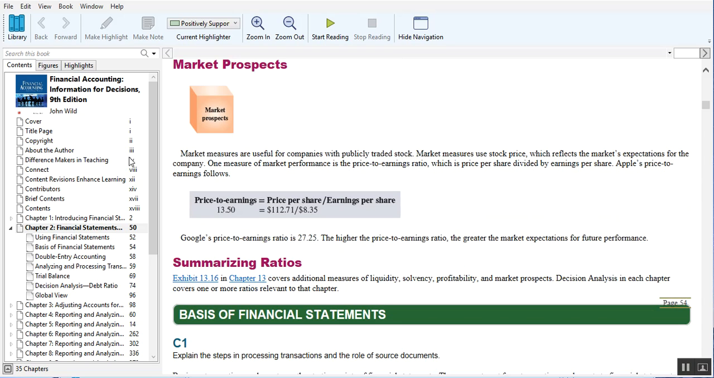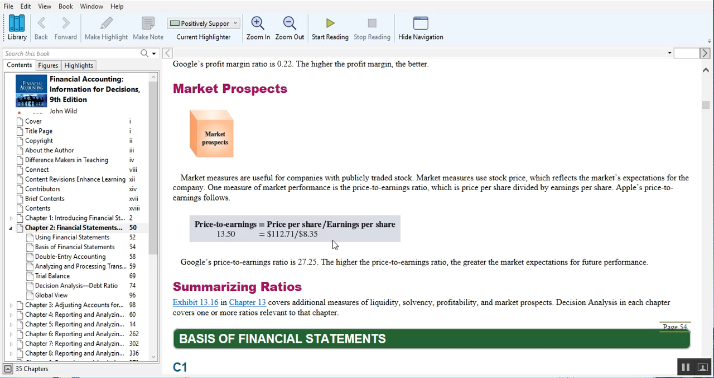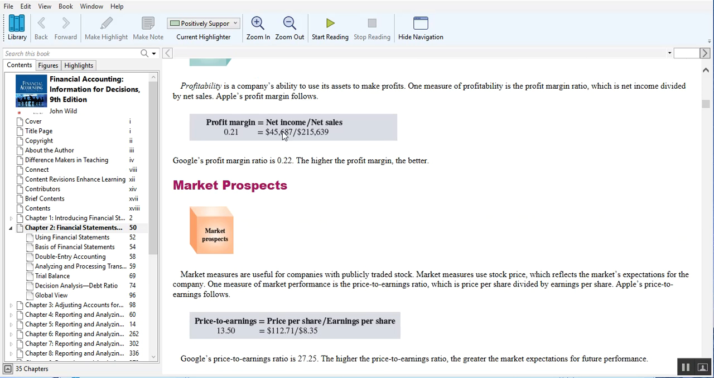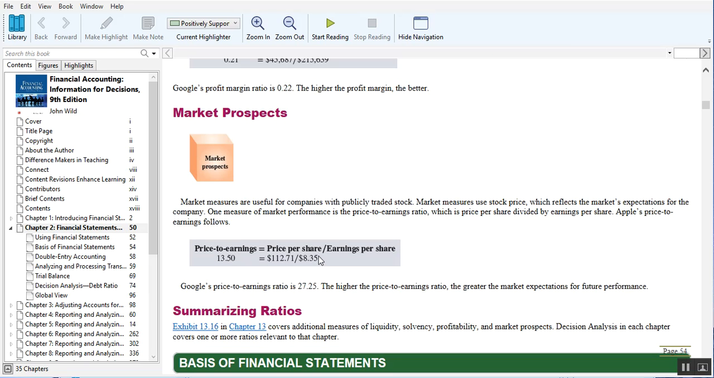And then when we talk about market prospects, the price to earnings ratio basically is going to compare the price per share on the market, what you would pay per share, and divide that by the earnings per share. Now, the earnings per share is really just taking this net income and dividing it out by all of the shares of stock that are outstanding in the company. So if you have a lot of shares of stock outstanding, this earnings per share number is going to be small. Here it's $8.35, which is